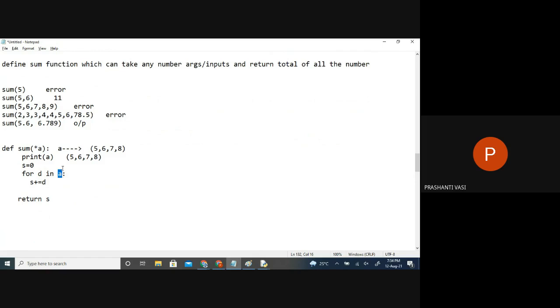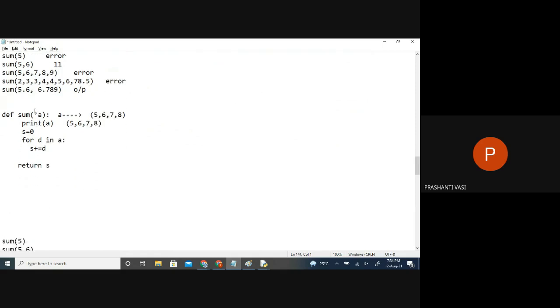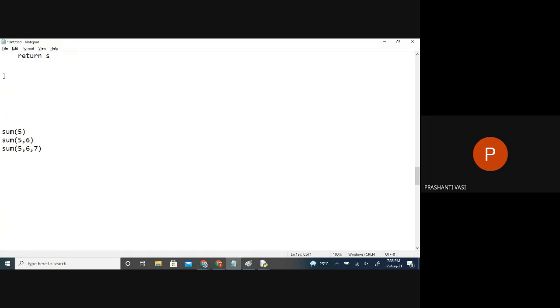Now how many values are there? They will come one by one into this and you are adding up. Again it goes to the next value, stores in this and adds it up. So we are summing up all these values found in the tuple, and after computation is over, you are returning the total answer. Because of the star or asterisk mark in front of a variable, it's used as a packing operator. Because of that packing operator, we are able to pass any number of arguments. It will just pack them as a single argument only. So this concept is called variable arguments. Fine. Is that clear?